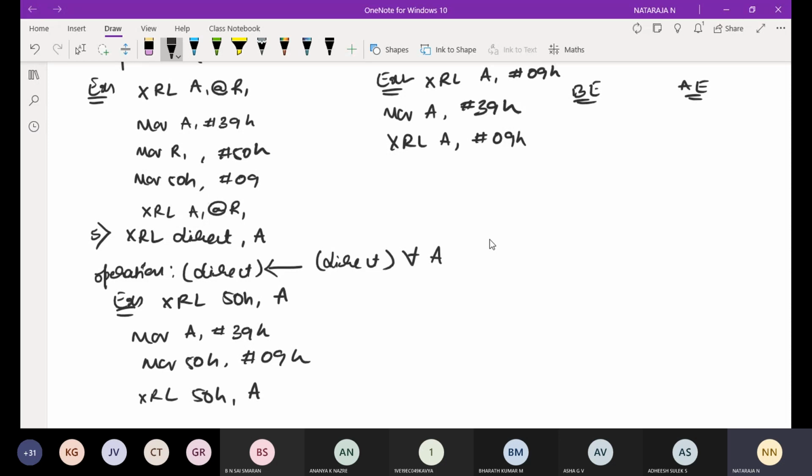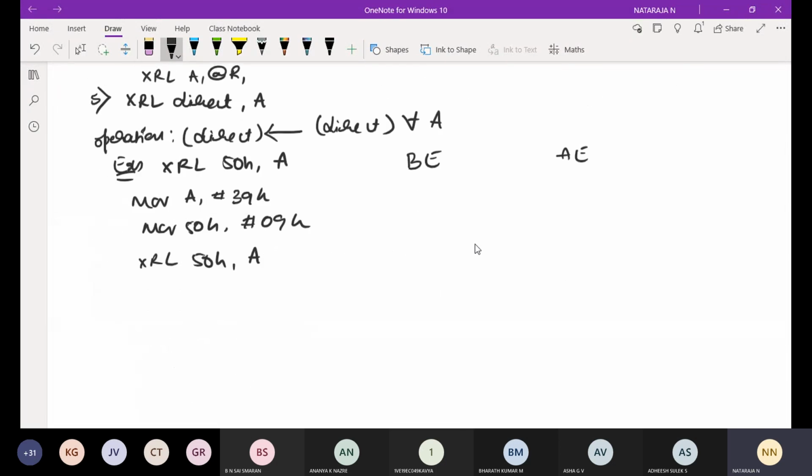Write the execution part here, before execution, after execution. You have to write by observing this program.